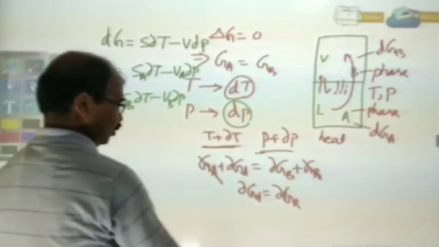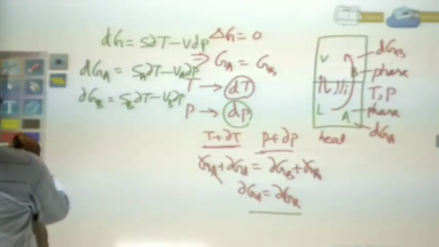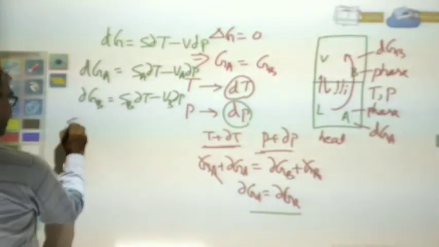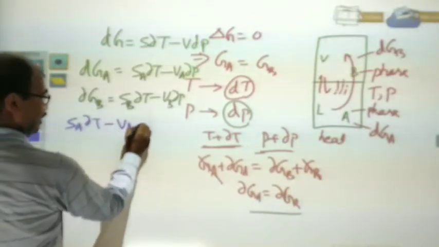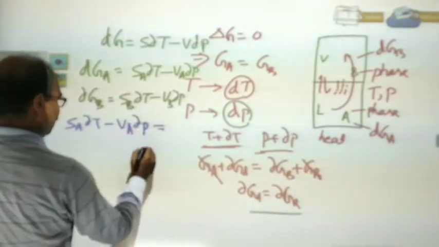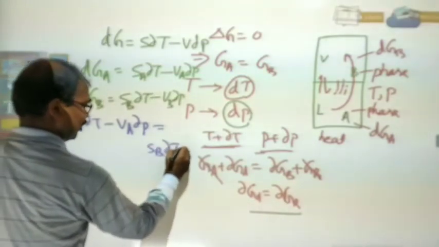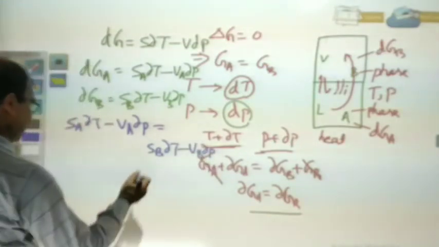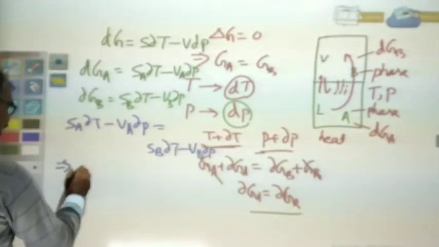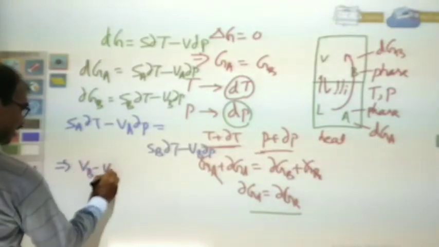Okay, so from this equation again we can write SA dT minus VA dP is equal to SB dT minus VB dP. Okay, so rearranging this equation, we can write (VB minus VA)